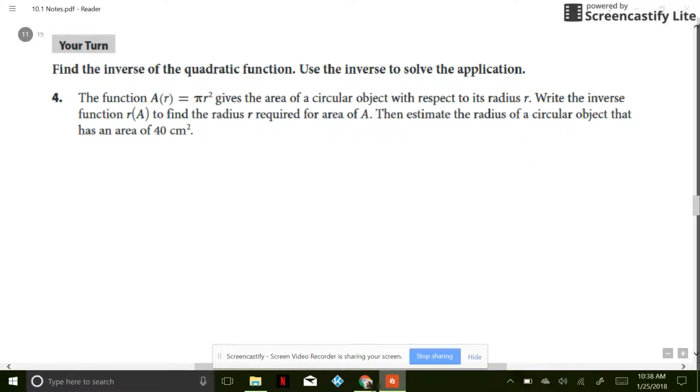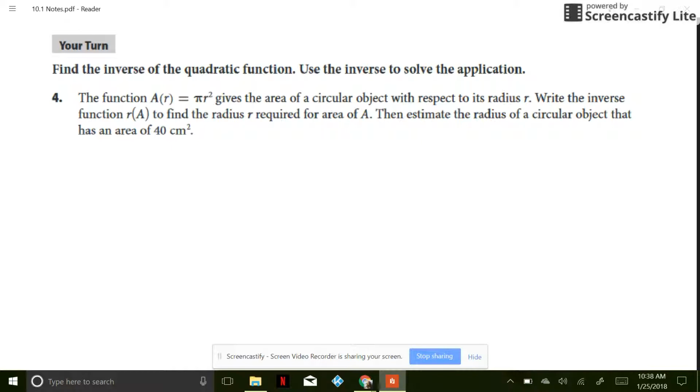Here we've got a function. Area is pi r squared, for the area of a circular object with respect to its radius. We want to write the inverse function to find the radius required for an area of a, then estimate the radius for an area of 40 centimeters squared. So